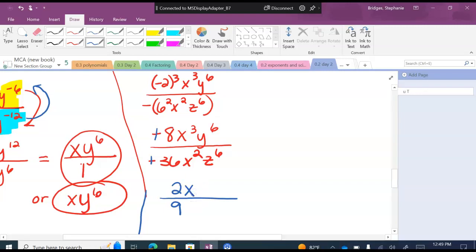Then I'm looking at the y's. I have 6 y's at the top. Do I have any at the bottom? No. So there's nothing to reduce that with. So that y to the 6th is going to stay where it is. What am I missing? The z's. Do I have any z's at the top to reduce? So that z to the 6th is going to stay in the bottom. And so my final reduced answer there